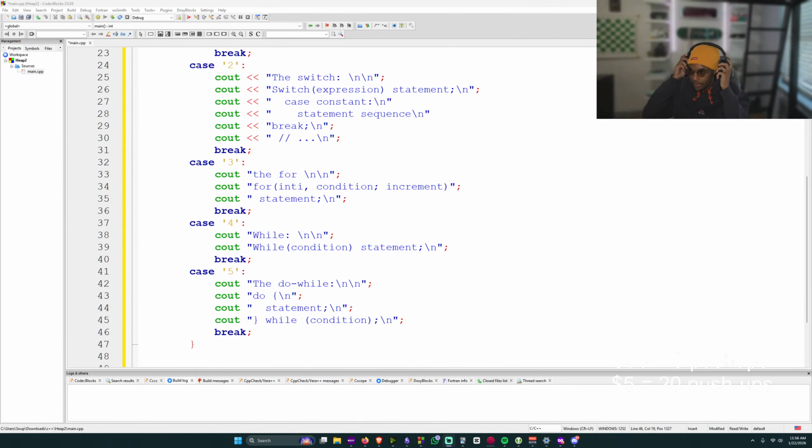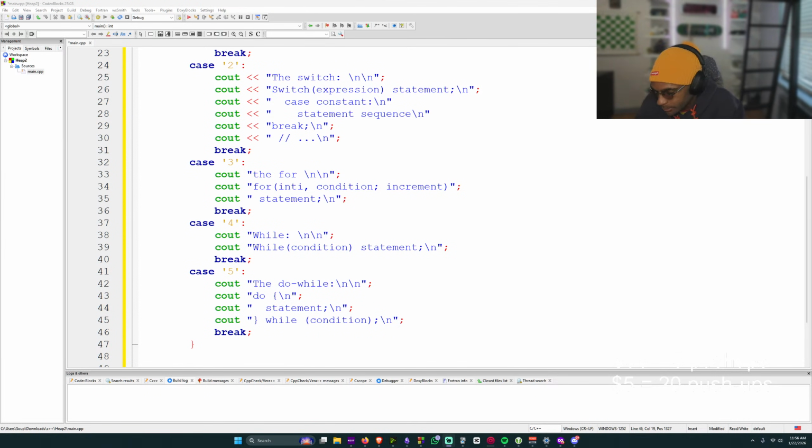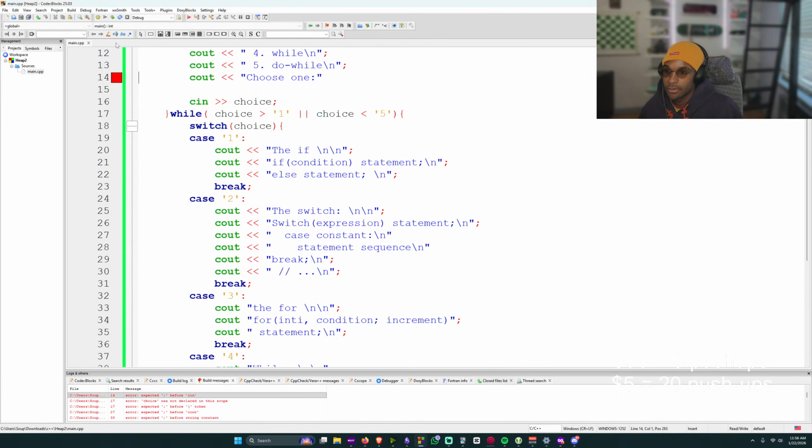All right, I'm back. All right, this program should work. Notice that no default statement is present in this version of the switch since the menu ensures the choice is valid. Okay, so I should be able to run this and it should work.